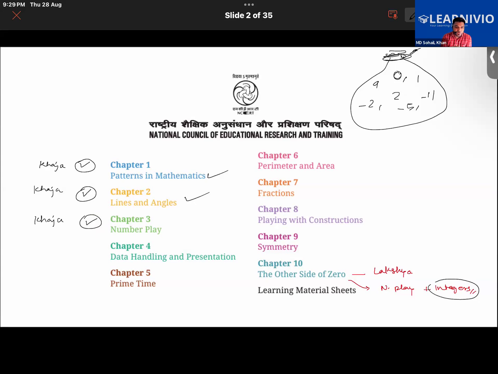By the way, pie chart is not there in the chapter if the old book is being followed. But I don't think they are following the older one, because if these chapters have been done, it means the new book is being followed. Okay. So in the next class, we'll be doing questions from Number Play then. All right. And when you guys